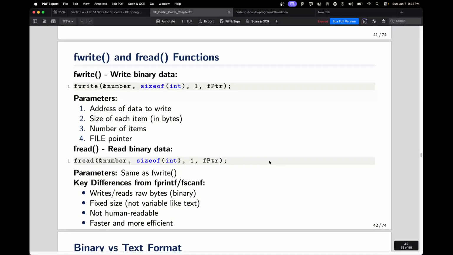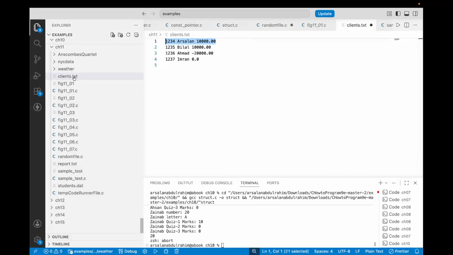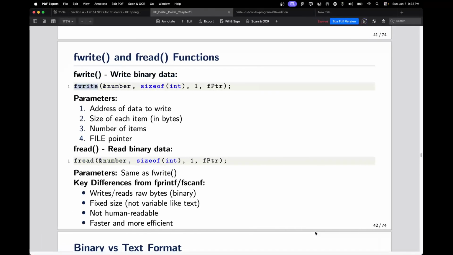Now, the two functions that you require for this purpose are called fwrite and fread. These functions are very, very simple, nothing fancy. If you look at fwrite, this is going to be writing in the binary file. Remember, these functions are for the binary file, not for the text file. And one very important thing: the files which are going to be created are not going to be txt files. The file is going to be a students.dat file, or something like clients.dat. The extension of that file will be the dat format. For that format, I will tell you how you're going to open that file and all that stuff. So over here,